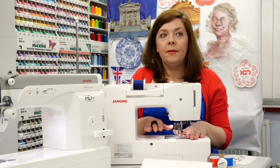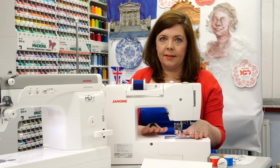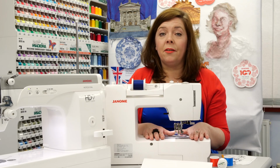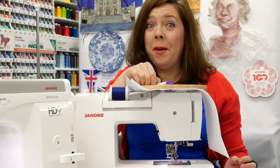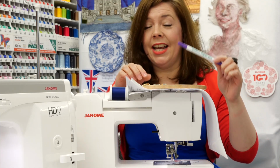And as I said, set your machine up individually for free motion. It really does make a difference for your optimum settings, and then we'll get our equipment ready and then we're ready to go. Okay, equipment wise, these are the things that I would recommend that you have to hand to